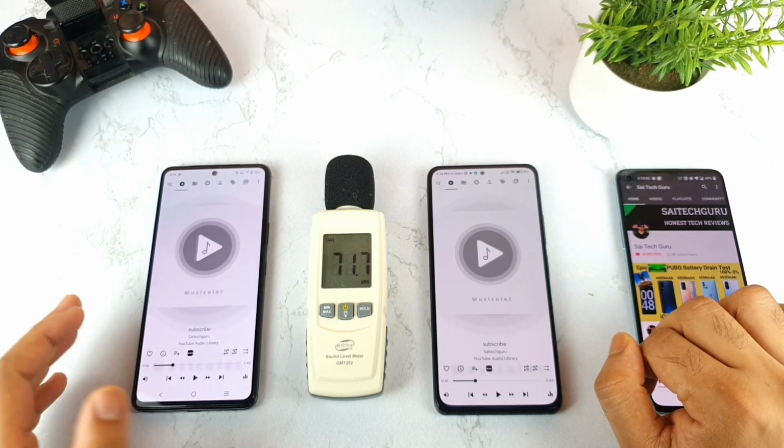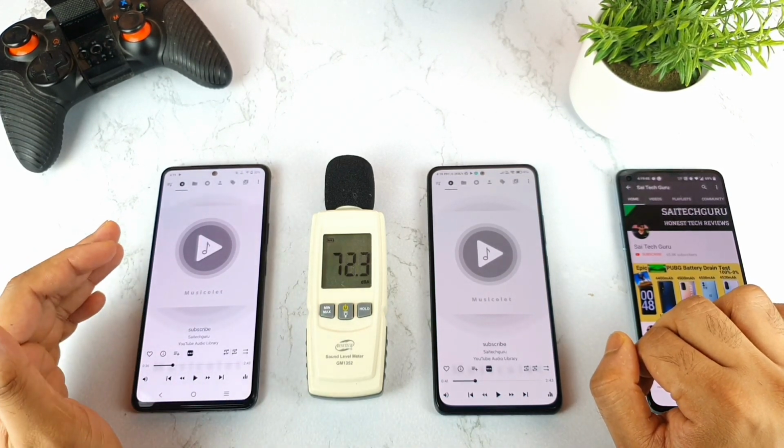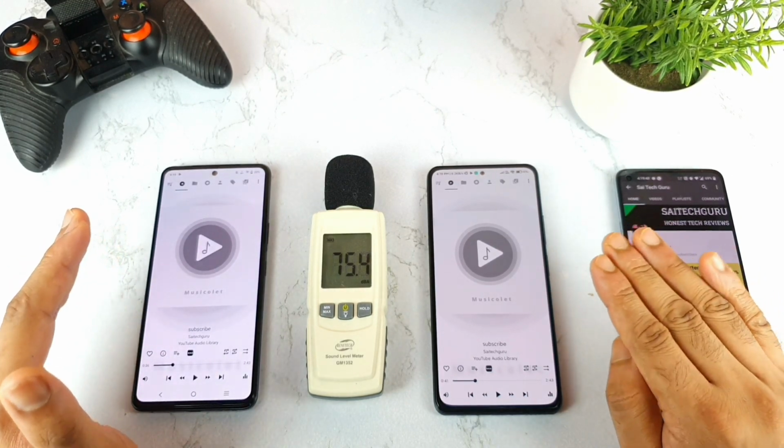As you can clearly see, the audio from the IQ7 went up to only 86 decibels, but on the MI11X it went up to 90 decibels.